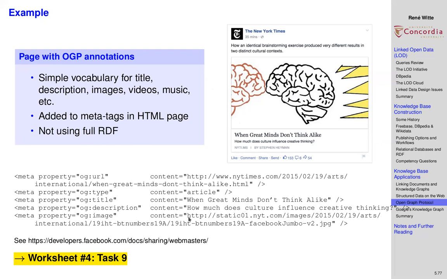And on the worksheet, in task number 9, you can try this out with maybe the New York Times or something that's almost as high quality, something like the Montreal blog. And as always, post your insight on the